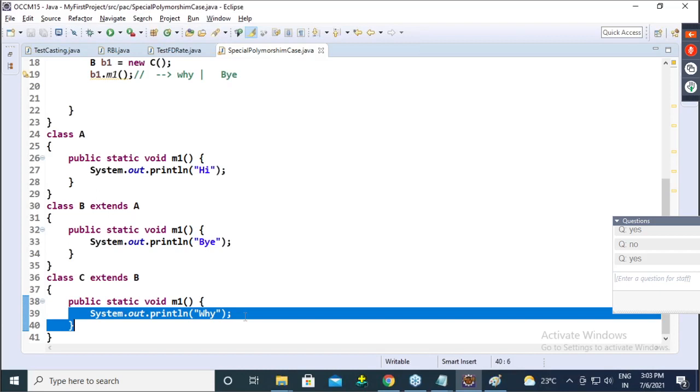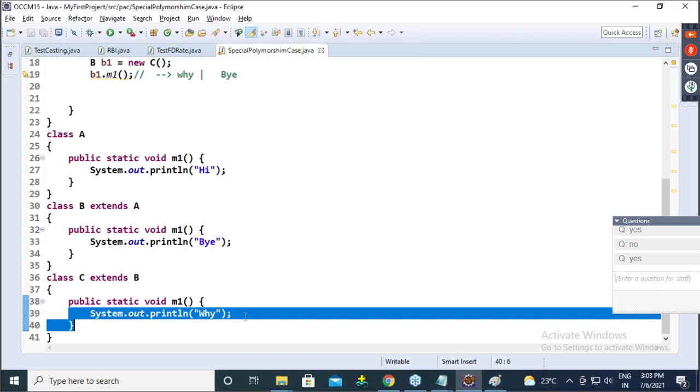Okay, good. So now guys, is everyone clear? Can you override a static method? No. What happens if you try to override? If you try to override a static method, it becomes method hiding.